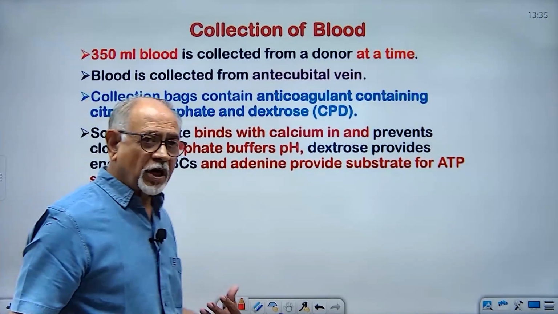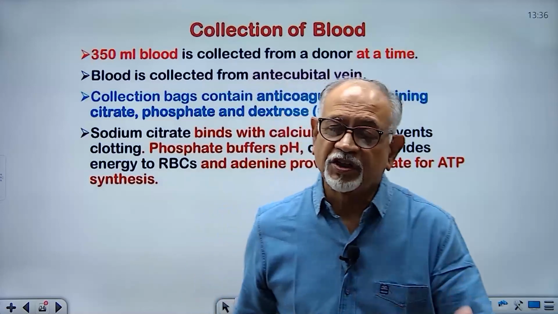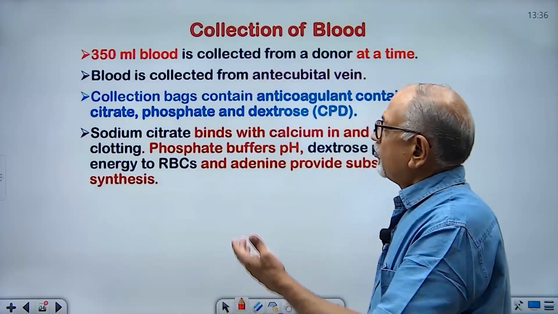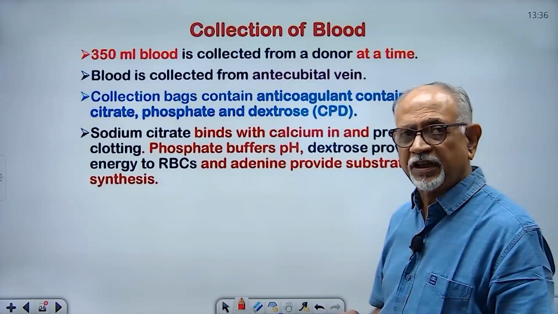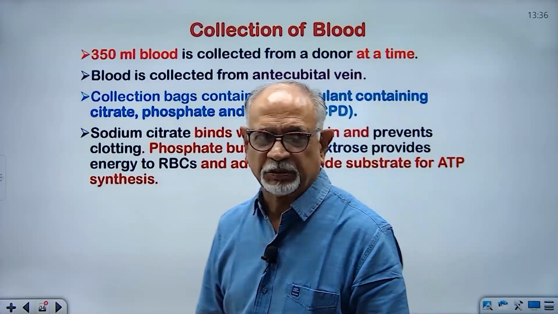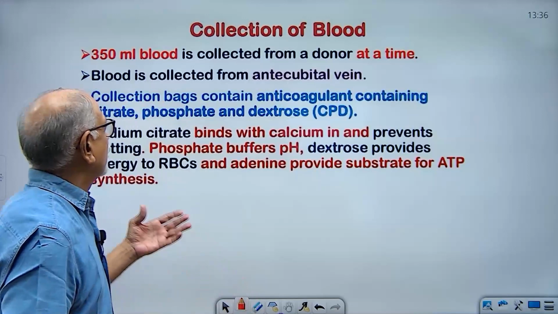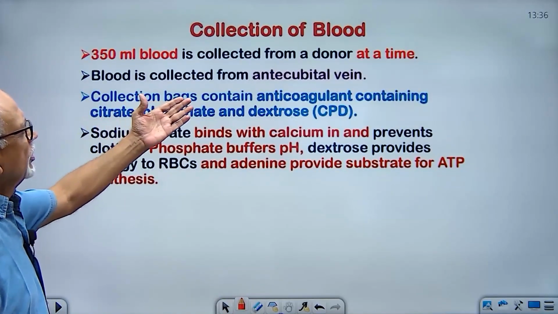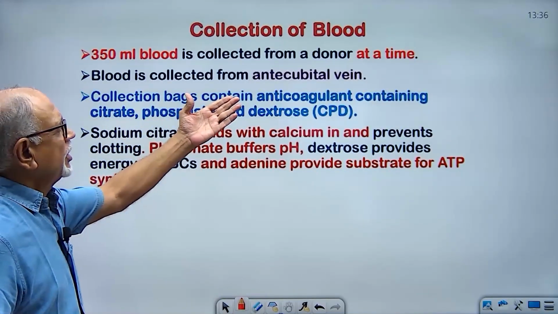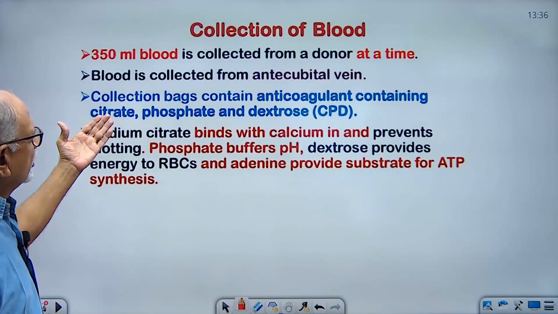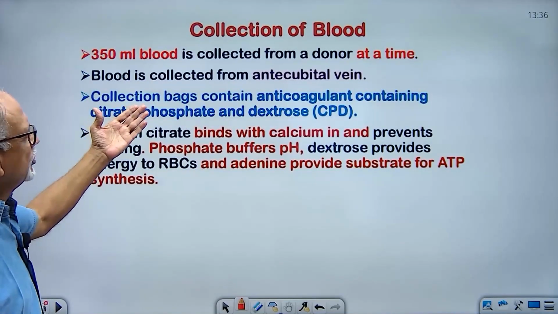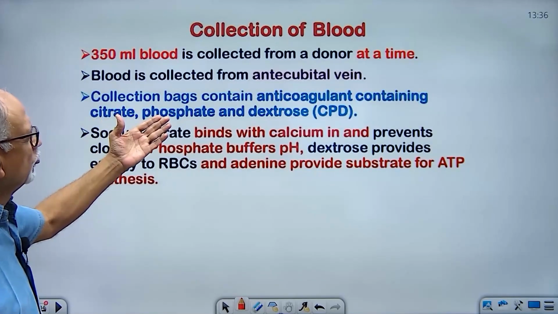Now, the second part is collection of blood. About 350 ml of blood is collected from a donor at a time, not more than that. Number two, it is collected from the antecubital vein. Number three, it is collected in plastic bags which contain